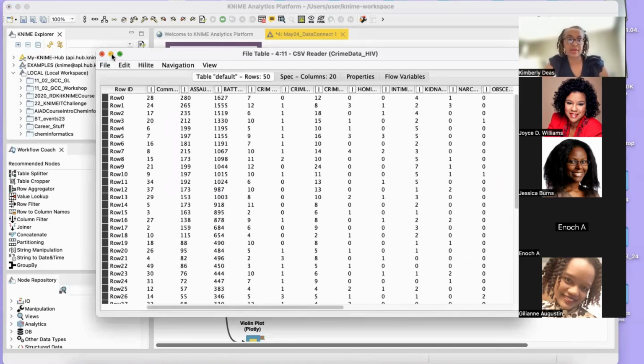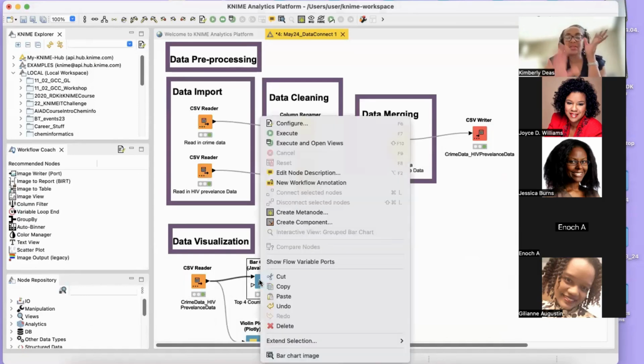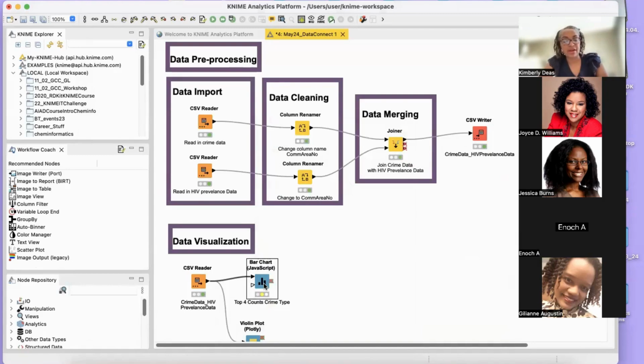Now you may notice that I filtered the data here. These are all violent crimes that I wanted to look at, because those are the ones that are associated with areas in the city that will have higher HIV prevalence among women, Black women in particular. Okay, so now I wanted to do some basic manipulation: the top four areas for crime by crime type.